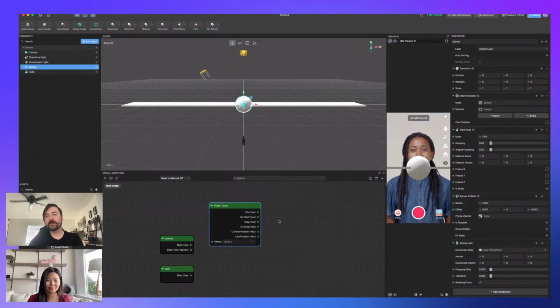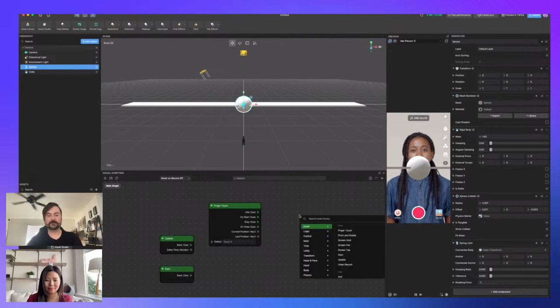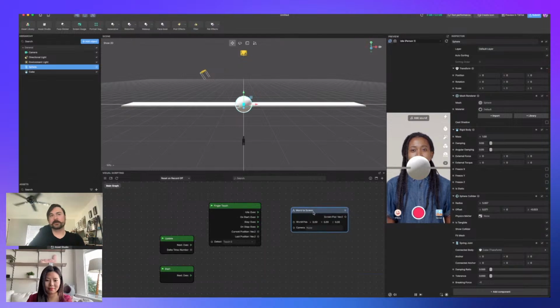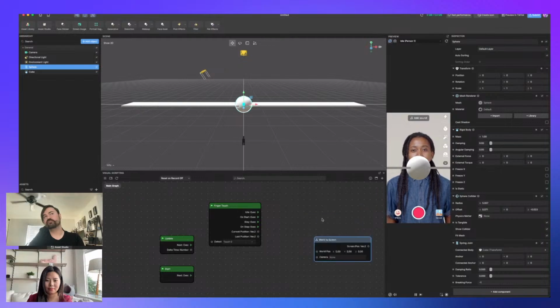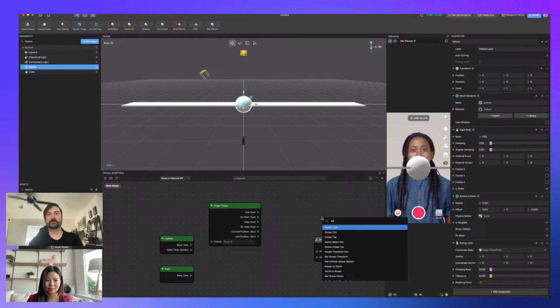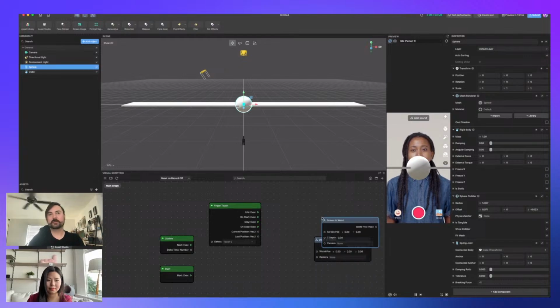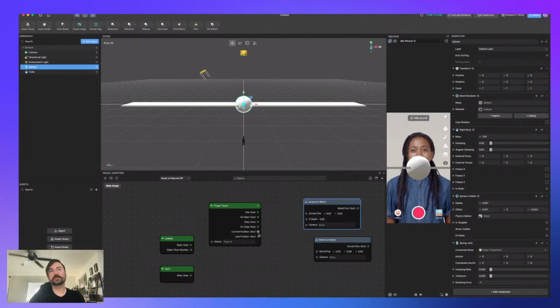So we'll say finger touch. Maybe we can convert to screen space. So world to screen. So we're going to take our touch inputs, and actually we want screen to world probably. Yeah, I think we want screen to world for this. There's many ways to do everything, but I think it'll be easier if we just convert our touch directly.